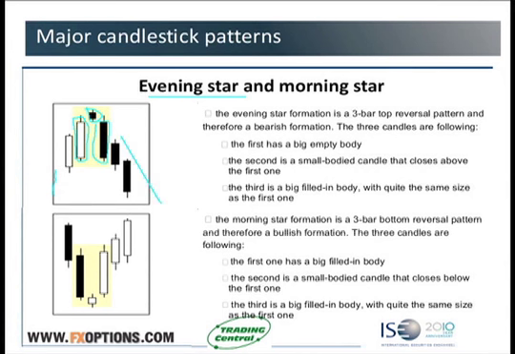Okay, and the morning star is the same, but in the opposite. I mean that it's a 3-bar bottom reversal pattern, and therefore a bullish formation. The three candles are the following. The first one has a big filled body, a big black body, a big red body. The second one is a small-bodied candle that closes below the first one. And the third one is a big empty body,